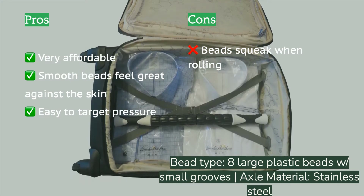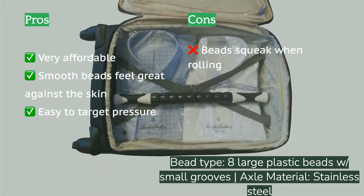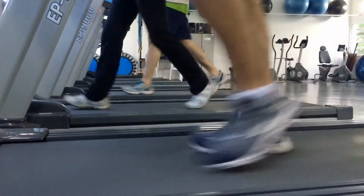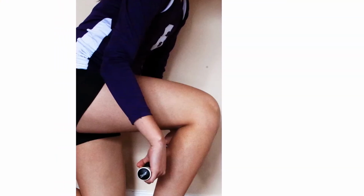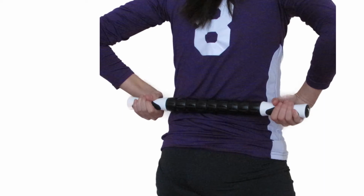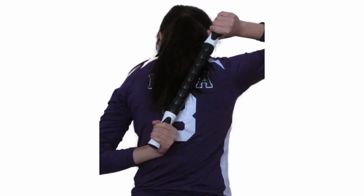It features rather large, rounded beads with little grooves that add grip as you roll, but they don't catch skin, hair, or clothes. To top it off, the rigid stainless steel axle allows you to push hard to achieve the deepest possible massage, which is nice if you're trying to relieve knots in pesky tight quads or loosen up a problematic IT band. However, compared to the higher-priced roller sticks, this one feels slightly cheap, and ours annoyingly squeaked as